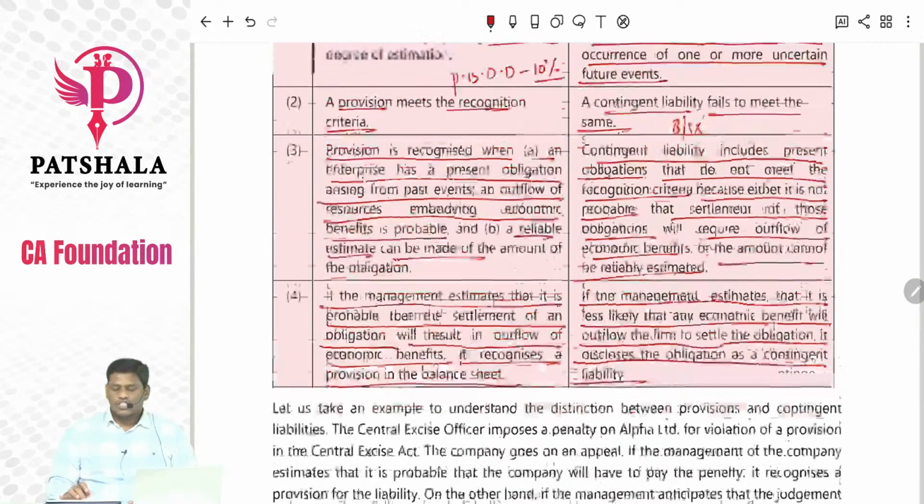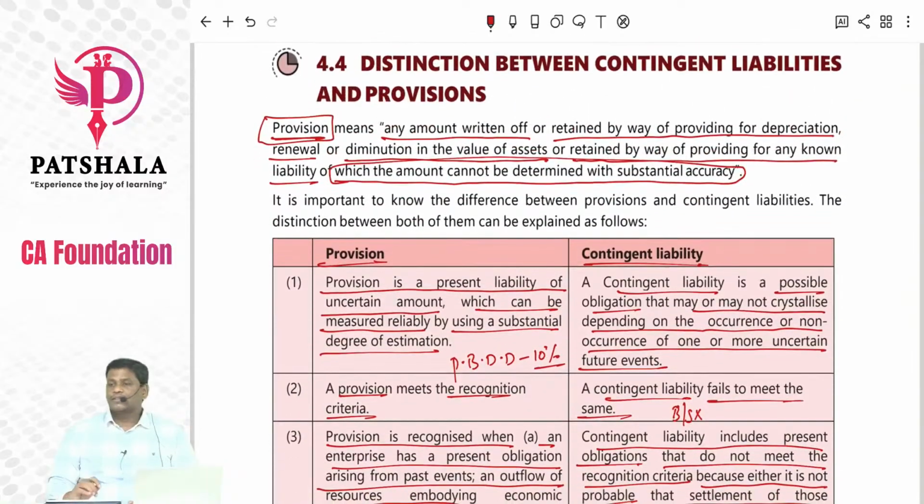Clear? So this is the difference between provision and liability. We already know the contingent liability definition, so let's write the points about provision. Okay, write down the points. First one,